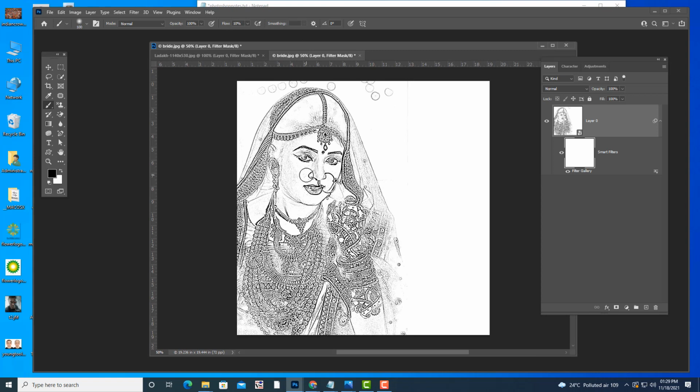If you want to paint color, simply paint. See, it looks like a pencil drawing.